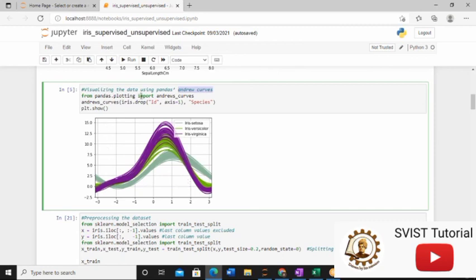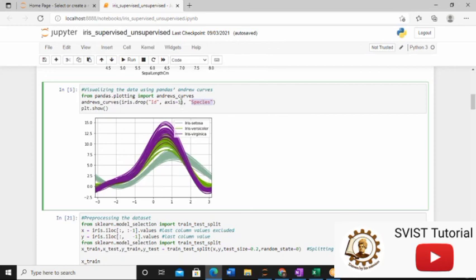It's a very small code, and I think you are able to understand what this code is all about. For the Andrews curve, this is the library we have to use, pandas.plotting, and we import andrews_curves. Here I am just using the column name under which we have the names Setosa, versicolor and virginica. If your column name is variety, just write variety. If your column name is species, just write that column name here.